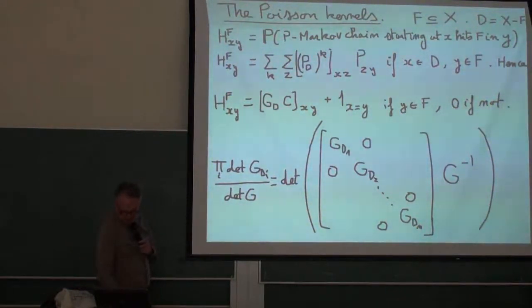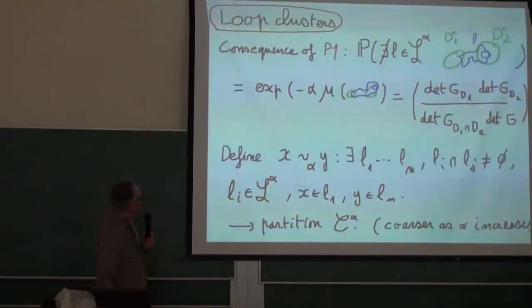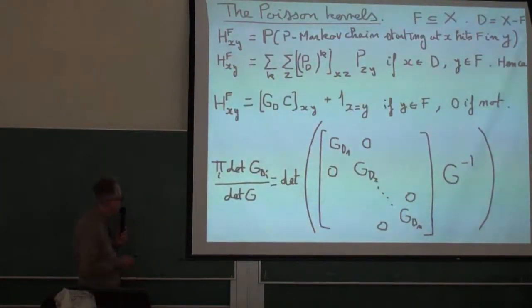Now, this formula is nice, but it includes the Green functions, and we want to get a formula where calculations are easier to carry. So this will use Poisson kernels. I have to recall briefly what the Poisson kernels are, especially analytically, because I think all of you know what the exit distribution is, but let me explain a bit more. So if you take F a subset of your original set X, and you call D the complement,